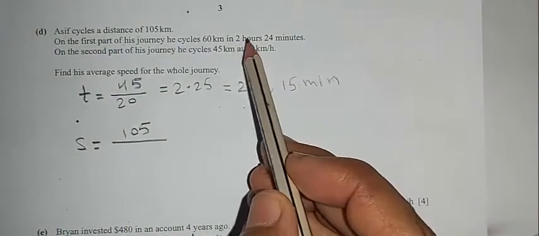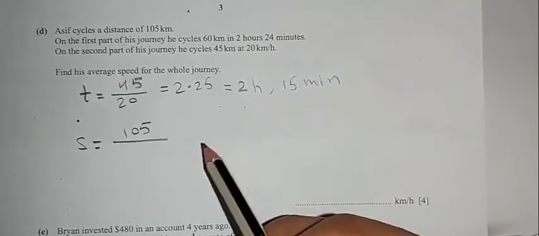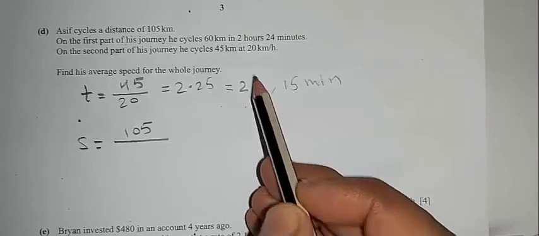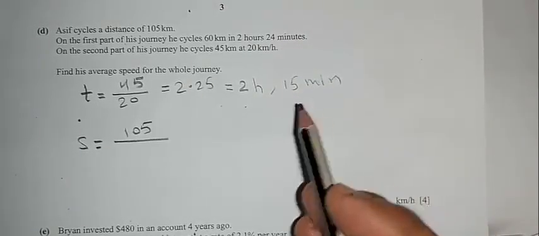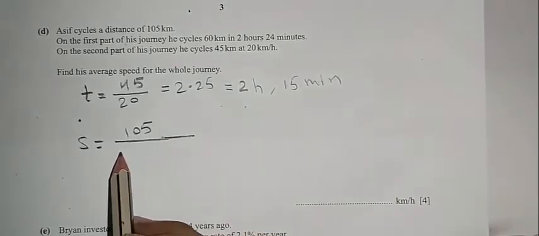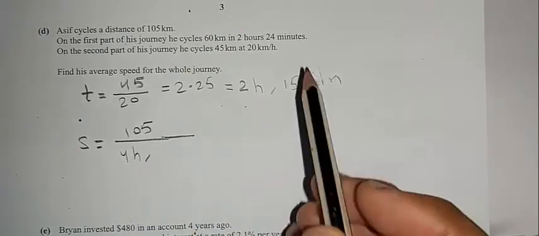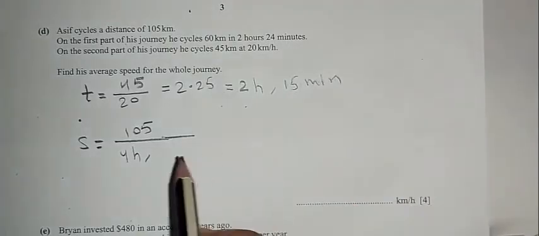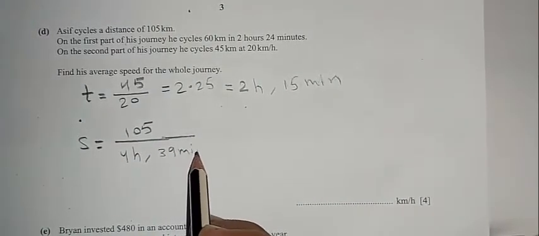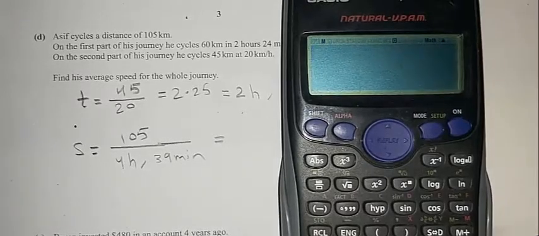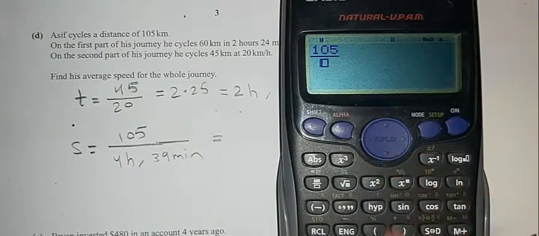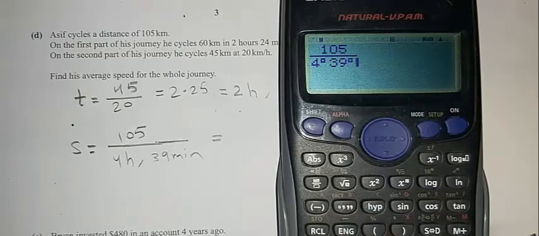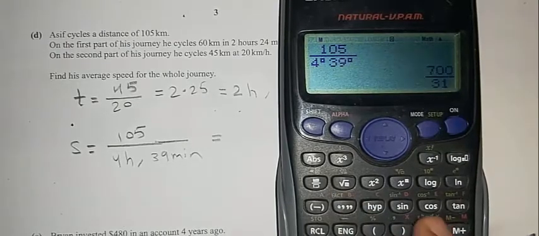We have here 2 hours 24 minutes plus 2 hours 15 minutes. 2 plus 2 is 4 hours, and 24 plus 15 is 39. This equals 105 over 4 hours 39 minutes